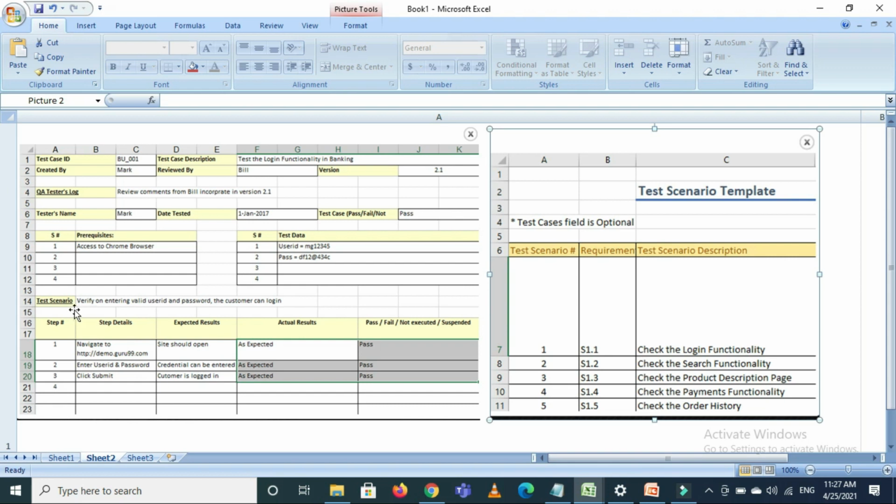The test scenario here is to verify entering a valid username and password so the customer can log in, and here we can see step details, expected result, and actual result. So this is what test cases are, a detailed description of our application or any requirement. And the test scenario is simple, only one step, like check the login functionality.